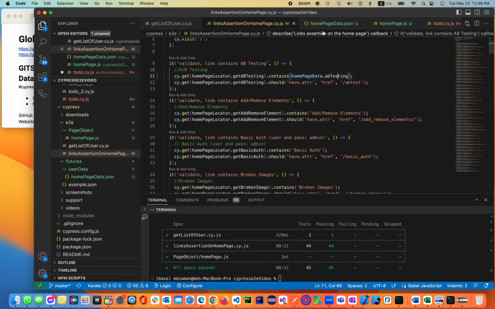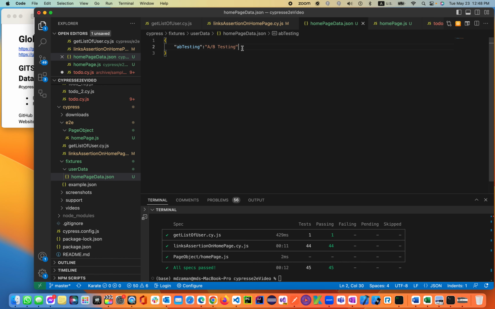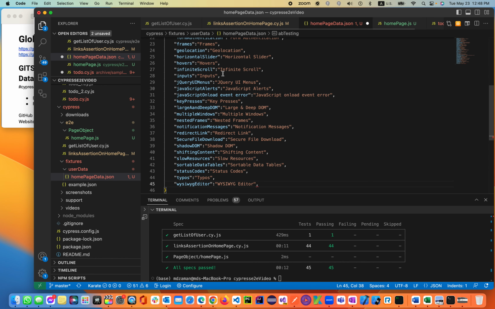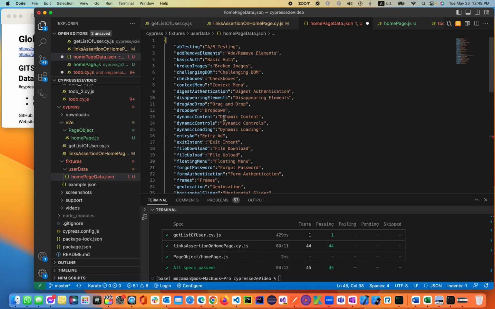Now let's go back to the home page data. Let's put it over here. There you go. So this is all the data, the user data, and the link text we declared here, right? Later on you will be learning as a junior QA to senior QA. Now you are a part of the senior QA as a senior automation engineer, because you are managing,